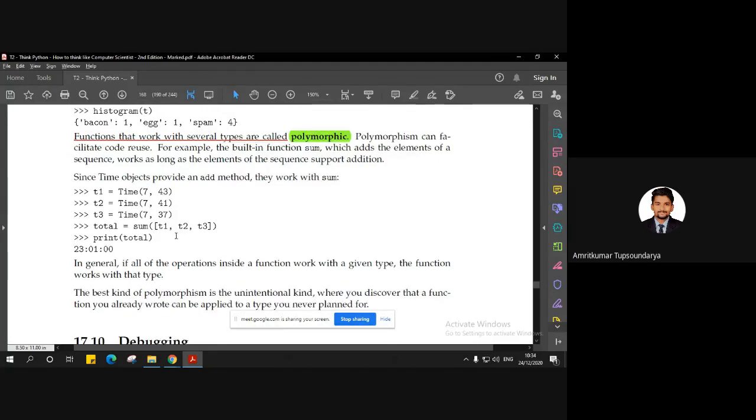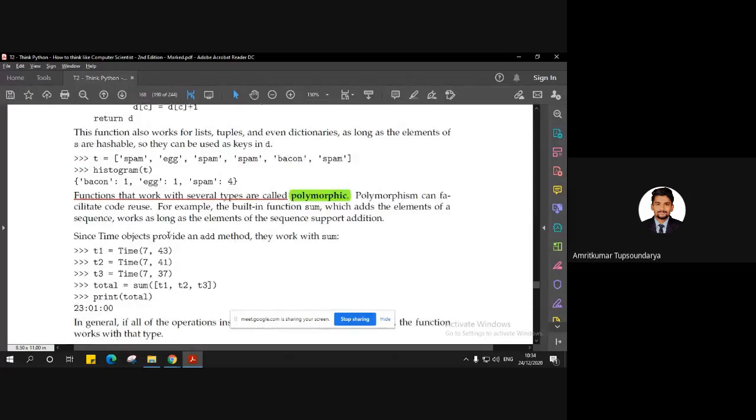But when we have different types of objects being processed in the same function, then we can say that the particular function is polymorphic, and it can be used wherever there is a possibility of different forms being represented for a particular object, right?